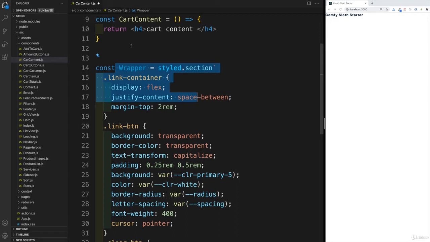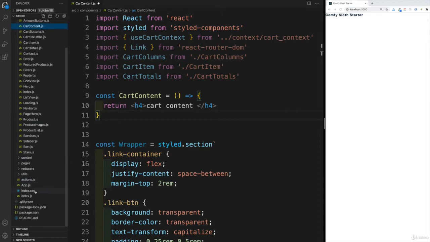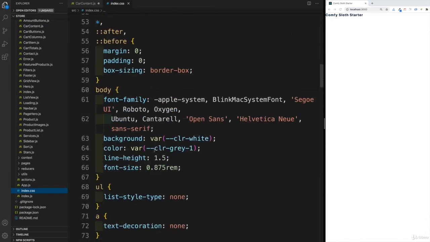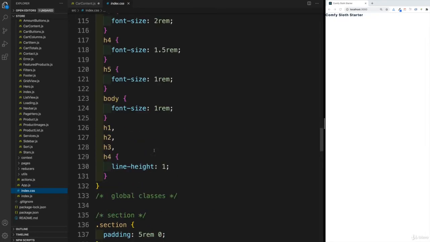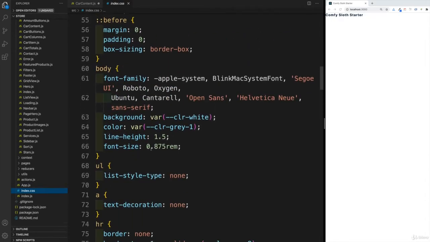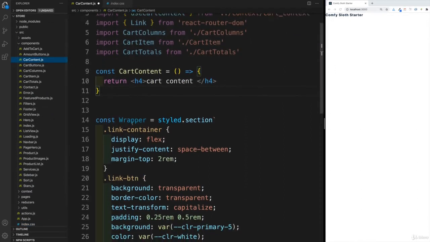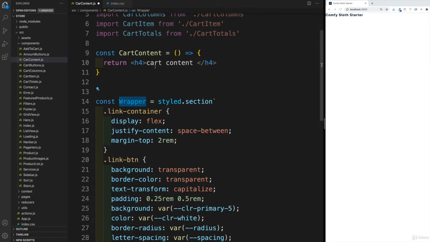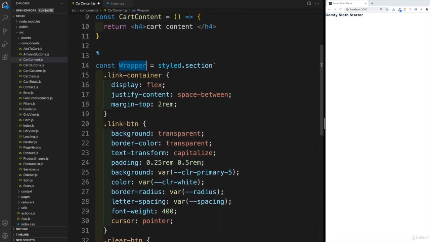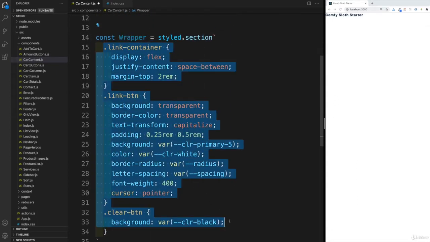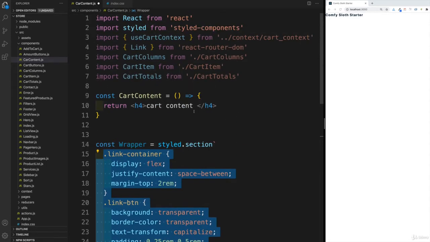But essentially the idea is the following: once we use styled components, I don't have to jam all my styles in the index CSS. Now you will find some global styling here. Notice we have some typography stuff and things like that. But when it comes to an individual component, we'll set up all our CSS over here. Like I said, I'll talk about it in greater detail in the next video, but don't freak out. This doesn't mean that I already prepared some functionality for you. No, this just means that I placed all my styling right away in the component, and I'm going to cover how it works a bit later.